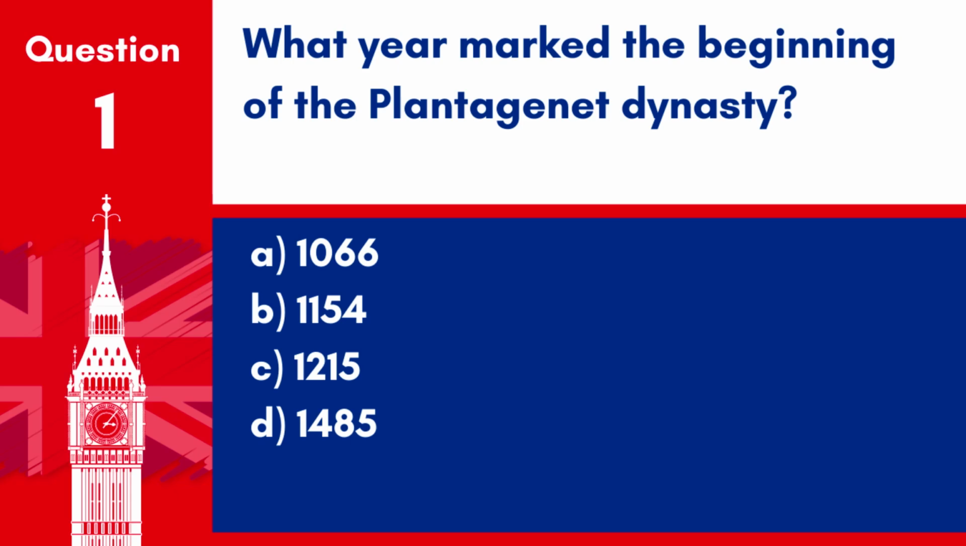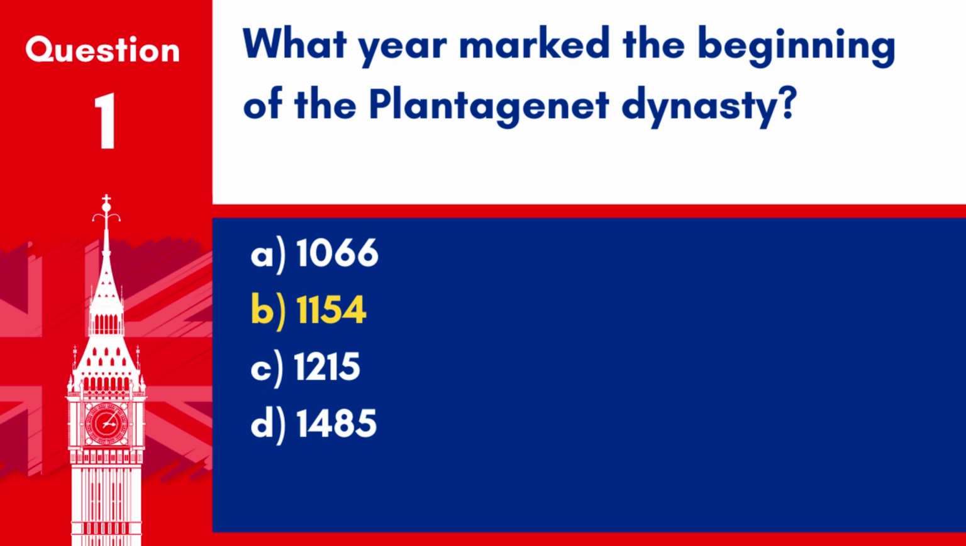Question 1. What year marked the beginning of the Plantagenet dynasty? A. 1066, B. 1154, C. 1215, D. 1485. Answer: B. 1154. The Plantagenet dynasty began in 1154 with the accession of King Henry II, following the end of